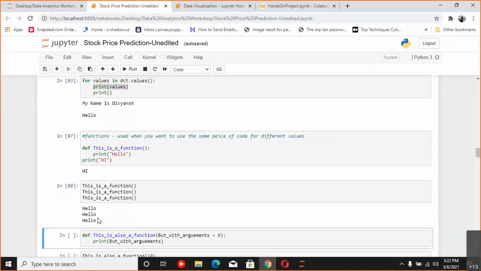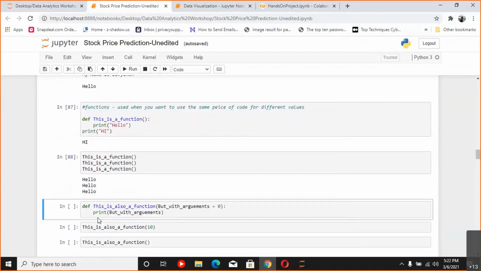In functions also you will like to do the same. So how do you achieve that? Then we define another function. We use the def keyword, def. This is also a function, is another name that we are giving. And what is the difference you might notice this time is, we are passing some argument. Now whatever is written inside this bracket is an argument.